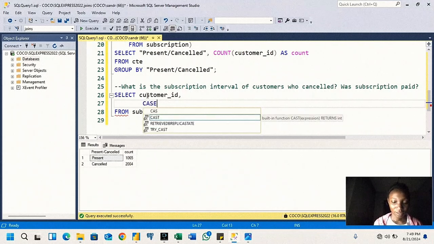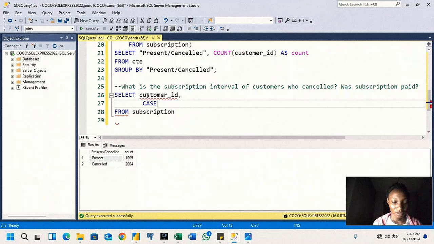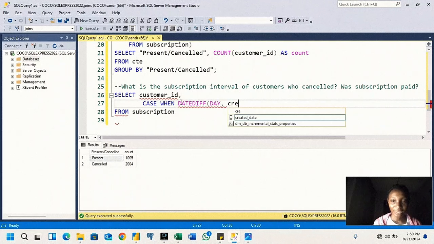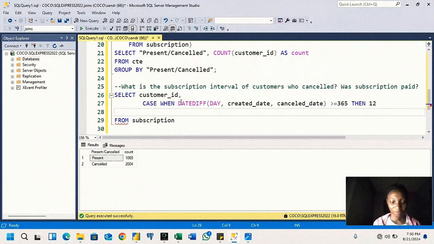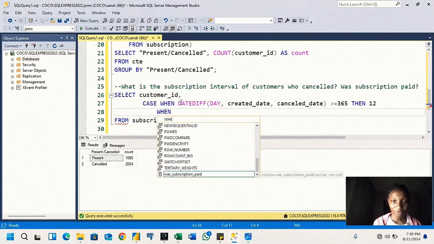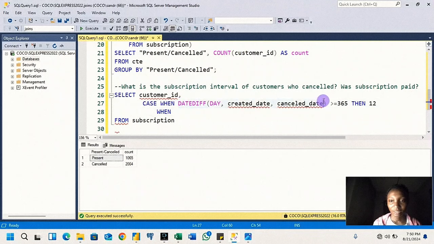So case when the date difference in days between the created date and the cancelled date is greater than or equal to 365, then 12, otherwise when, so I'm just going to copy this,